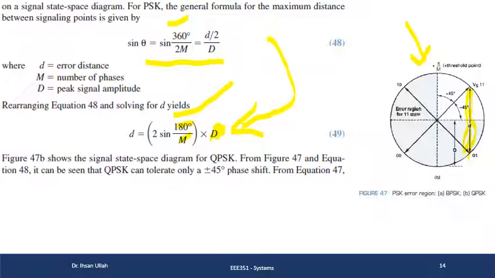So next जो फिगर होगी, it is going to show the signal state diagram for QPSK, rather this is the figure, ठीक है। ये फिगर B थी, फिगर 47 की B पार्ट, A में आपके पास BPSK था इसी का। So from figure 47 and 48 it can be seen that QPSK can tolerate only a plus minus 45 degree phase shift, ठीक है। अब क्लियर है आपके, अगर देखें भी तो प्लस और माइनस 45, 45 डिग्री इन वन डायरेक्शन, 45 डिग्री इन अनदर, ठीक है जी।